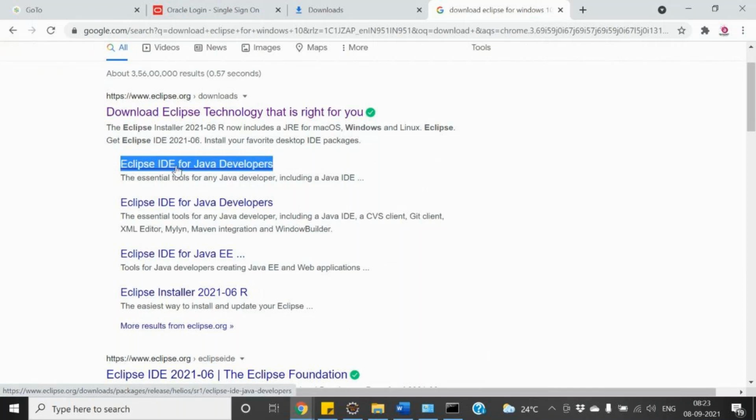So what does integrated development environment mean? This IDE has some functionality in it, isn't it? We don't need to remember the syntax, or remember the errors. What this IDE does is, when you are writing code and you miss any syntax, it will give you a suggestion, isn't it? Or it is going to show you an error message, isn't it?